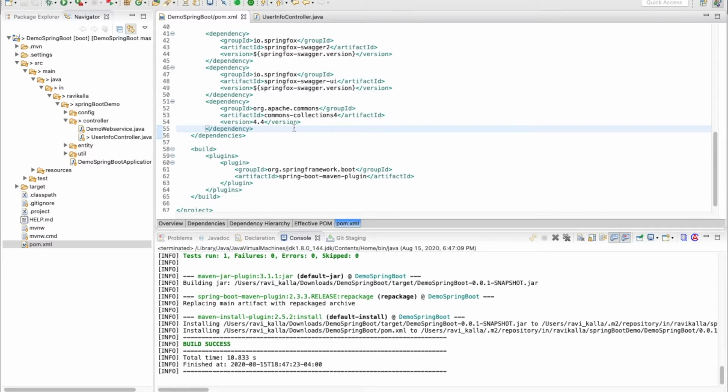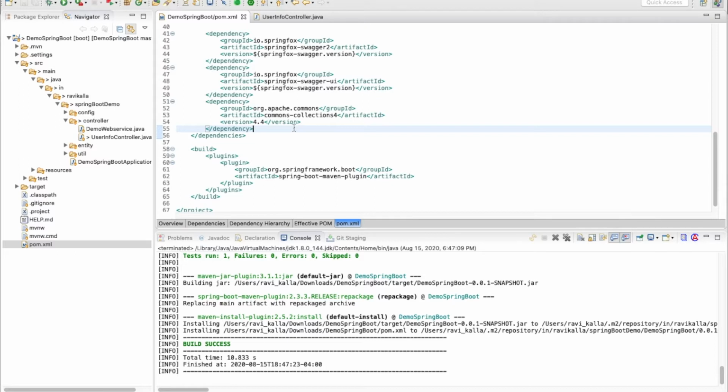So I'm using Flapdoodle support also in this application, so that I need not install MongoDB wherever I run this application. Spring Boot can simply spin up the Tomcat server and deploy the application there. And also Spring Boot will help in starting the Flapdoodle server, which is an in-memory MongoDB server. And obviously the data saved into the database will be deleted by the end of the application lifetime.